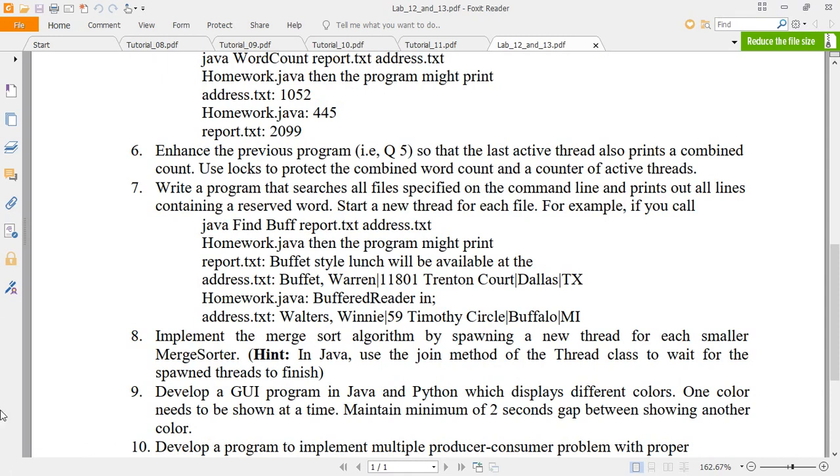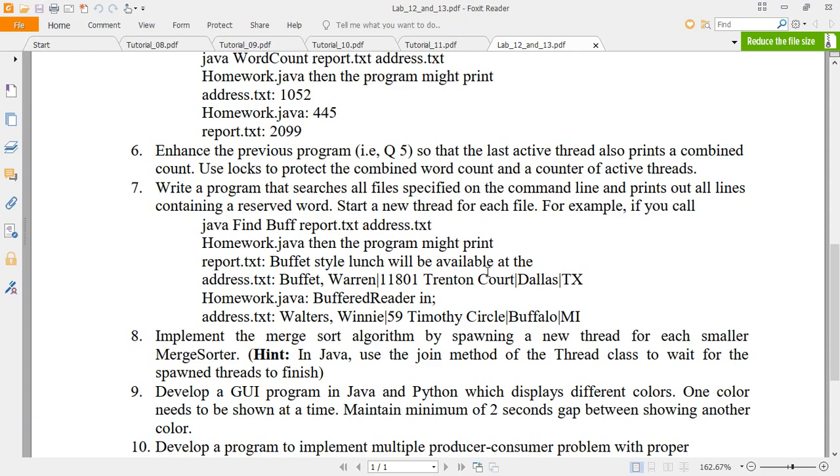For example, if you call java find buffet report.txt, address.txt, homework.java, then the program might print report.txt, buffet style lunch will be available at so and so. Next, address.txt, buffet, Warren, so and so. That means whatever keywords you supply should be identified and shown on the screen.